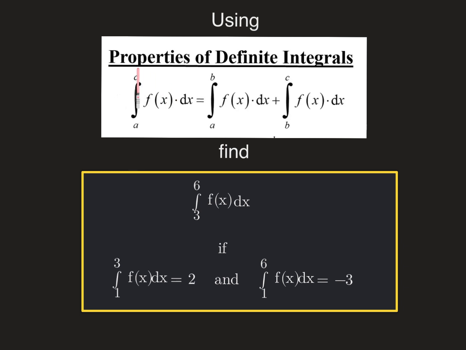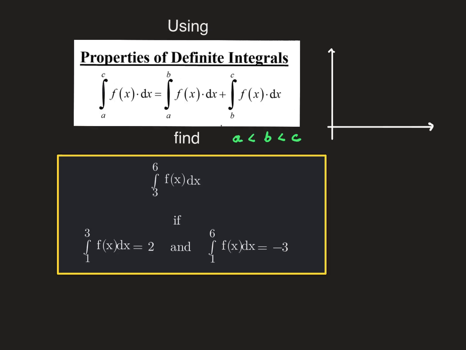And each of these terms represents an area with its own lower and upper limits. These lower and upper limits are defined by the letters A, B, and C. And it is essential to know that the limits start with A being the lowest, followed by B, followed by C. So that if we were to draw a function here called f(x), and we showed the A, B, and C,